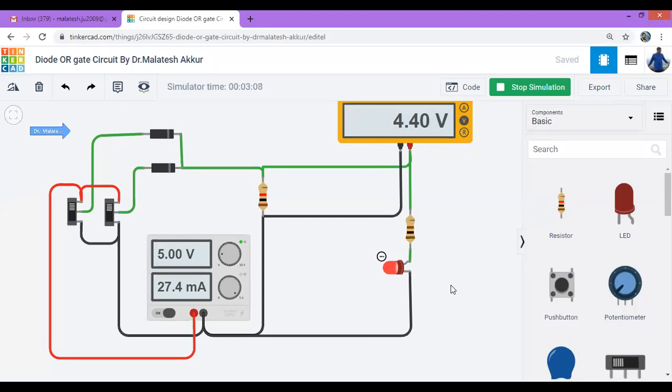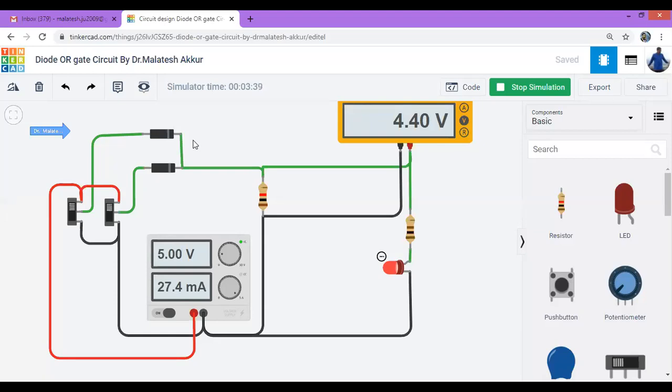The diode is the main component, because it will make the output either high or low. See, if you connect wires directly, the current just flows. Say, for example, if you connect both 0 0, it is not a logic gate. Whenever you have to build a logic gate, you have to use either a diode or a transistor.